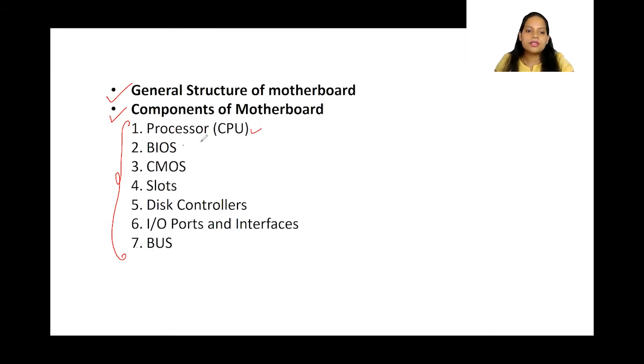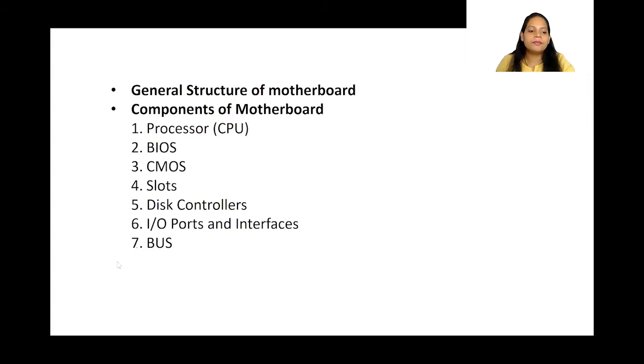We will cover processor, BIOS, CMOS, slots, disk controller, input output ports and interfaces, and also bus. This is a theoretical part, so I have tried to add as many images as possible so that you can relate to it. Hopefully this is going to be fun.